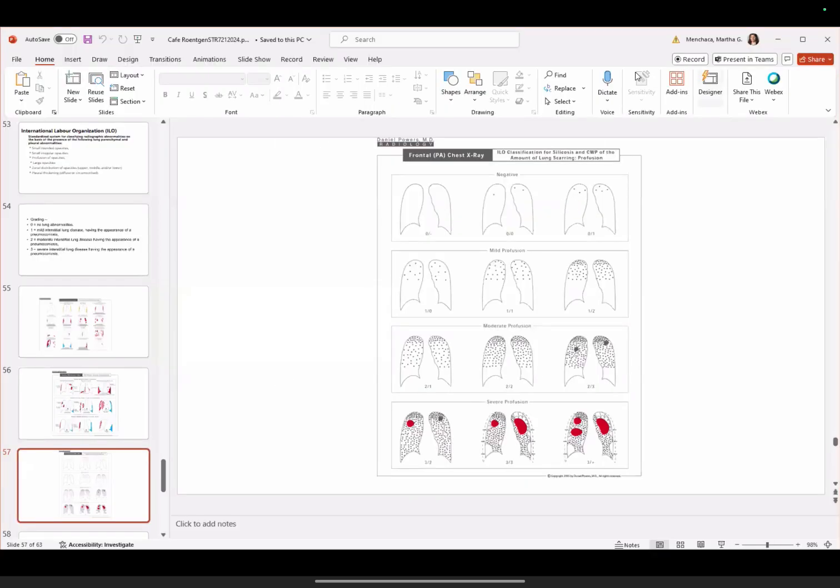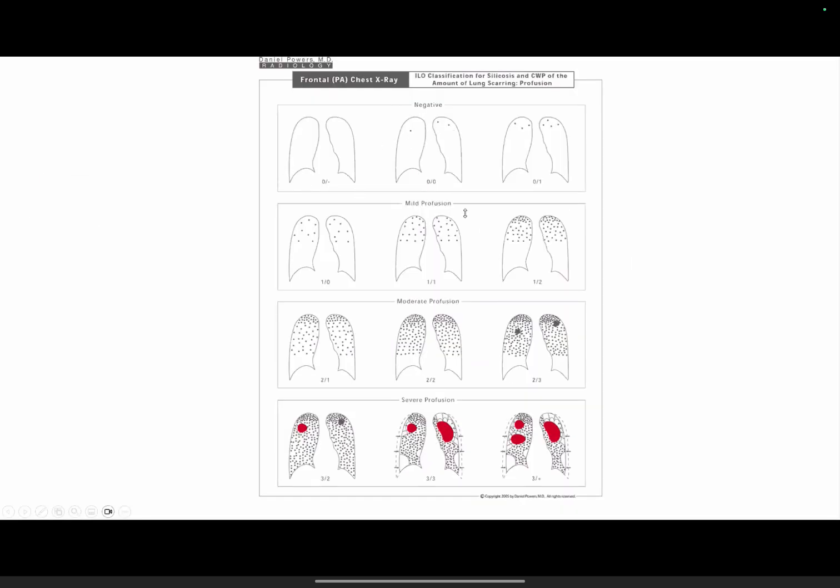And here, this is silicosis. Silicosis and coal worker pneumoconiosis, the amount of pleural scarring, as you can see here, they grade them on the same level. Usually it starts off in the upper lung, then you start having the progressive massive fibrosis at the top. As you can see, silicosis and coal worker pneumoconiosis are graded very similarly, so they put them on the same charts to look at. And Dr. Powers has a course, I believe, in which he trains people to read these types of x-rays.